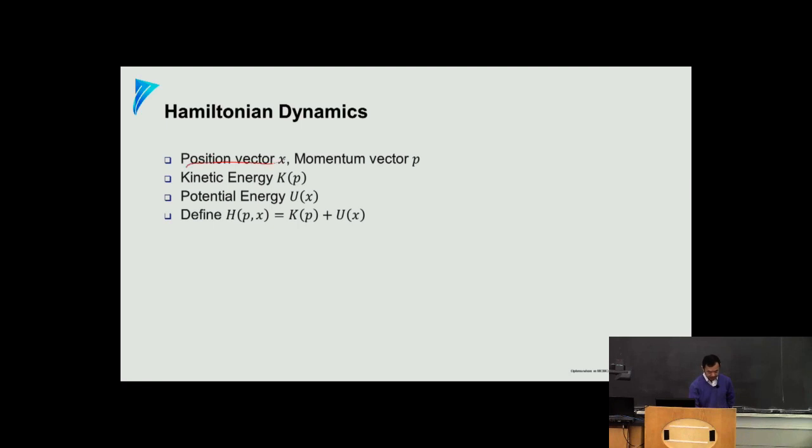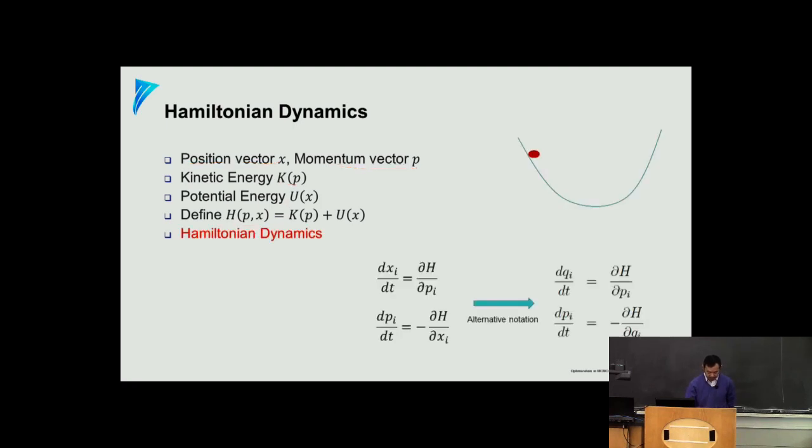We are going to have a position vector x and a momentum vector p, and then by the physics literature we have the potential and the kinetic, and the Hamiltonian is the sum of that. The key in the Hamiltonian dynamics is this very interesting set of equations. The partial differential of the Hamiltonian over p equals the derivative of x